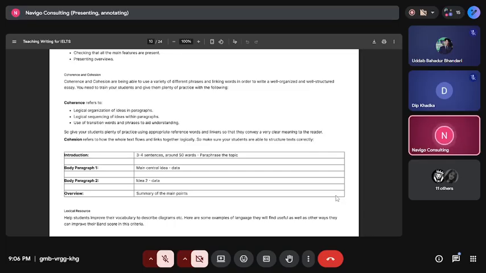We portray an idea, whether it is data related or you are writing essays. Let's suppose you're writing advantage disadvantage essays, right? And you are about to mention the advantages in a paragraph. So when you write one advantage, then you give an example for it, the reason why that advantage, and you give the facts about that advantage, and then you conclude that idea or that advantage. So this is the logical sequencing.